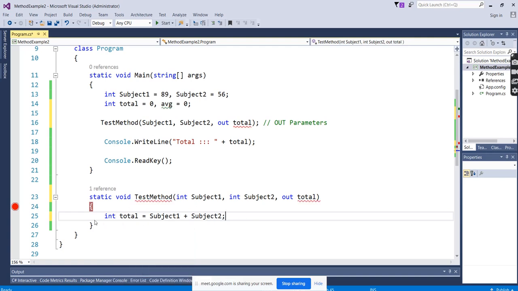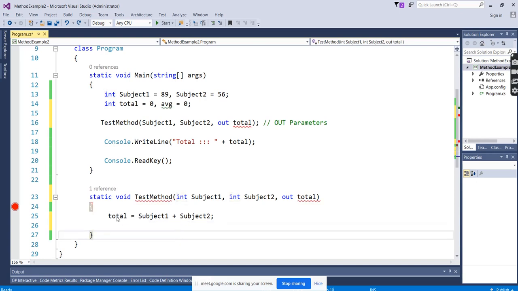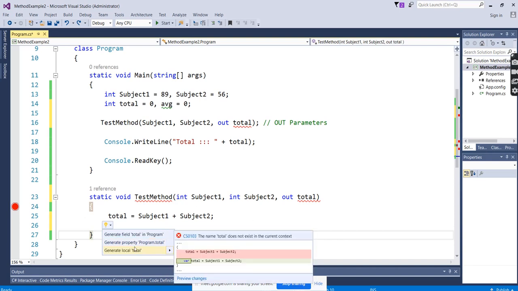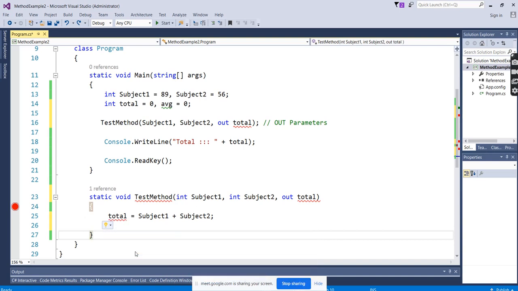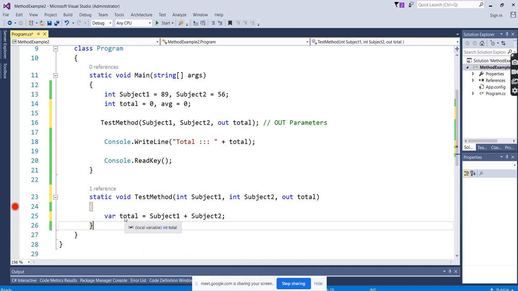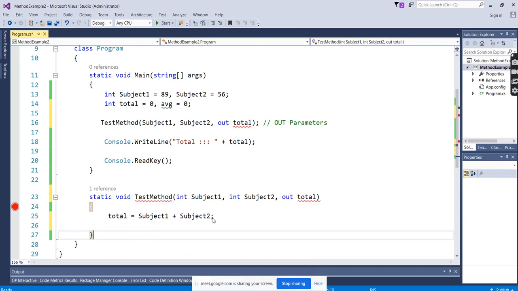I don't think the way it's giving is better. Just let me check. This is not the proper way. This is not the right way.